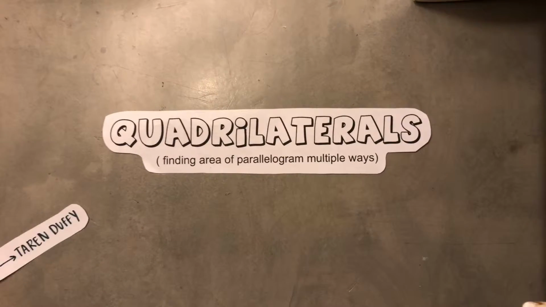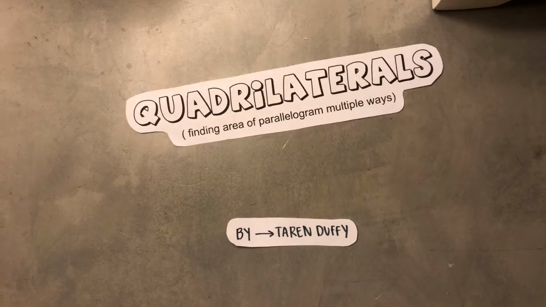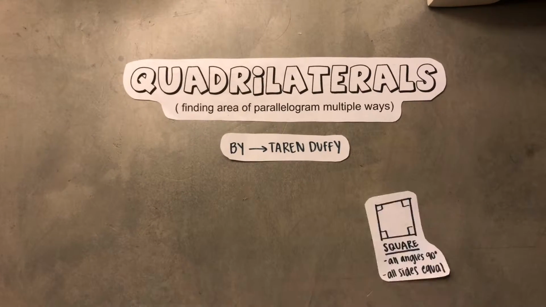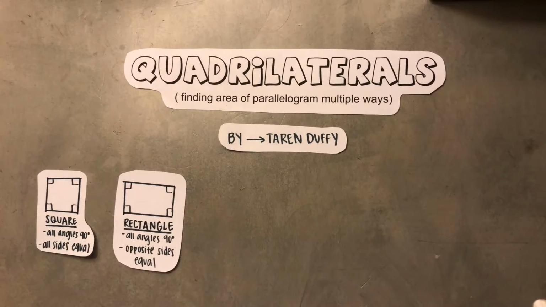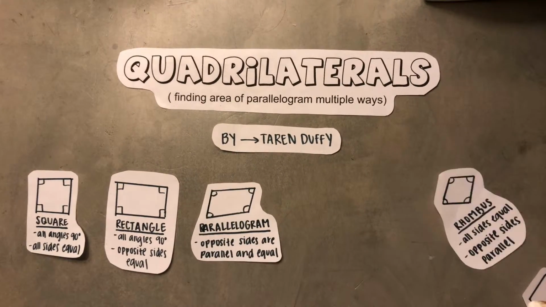Today we'll be discussing quadrilaterals and how to find the area and angles of a parallelogram multiple ways. A quadrilateral is a two-dimensional shape that has four sides, four vertices, and interior angles that add up to 360